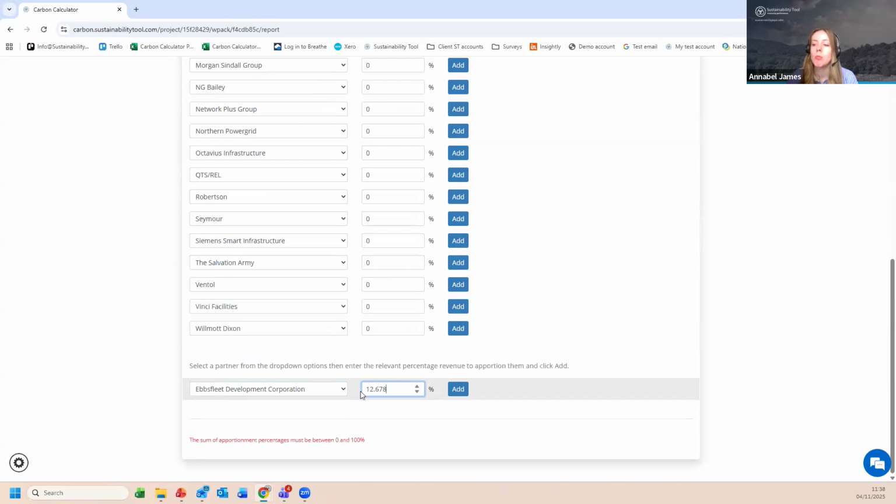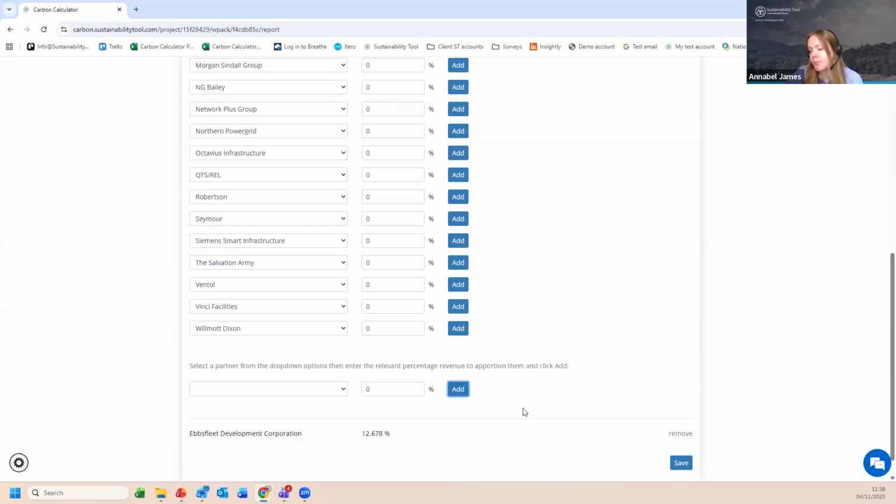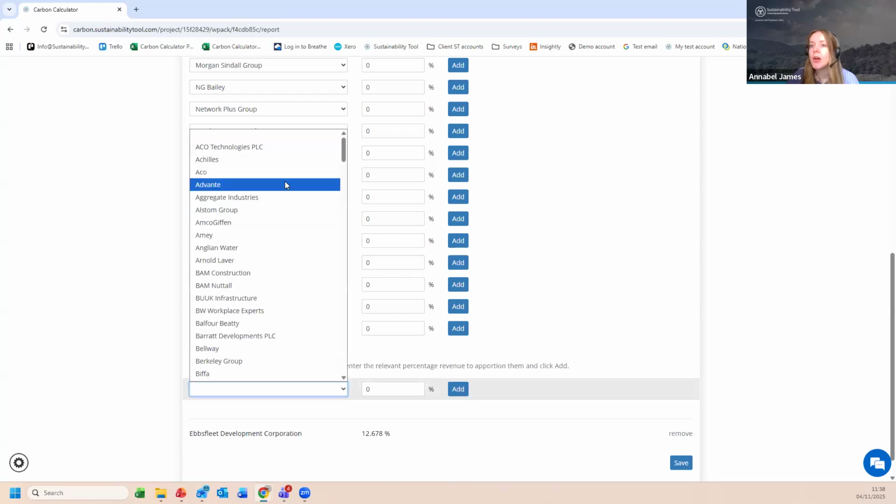You can do it to as many decimal places as you want as well. So I'd really encourage you to make that percentage as accurate as possible, and click add, and that'll be there. As I said towards the start, Ebbsfleet are asking you to do this, but if you do see any other clients that you've worked with in 2024 in this drop-down list, I'd really just encourage you to apportion to them as well, even if they haven't asked you to,